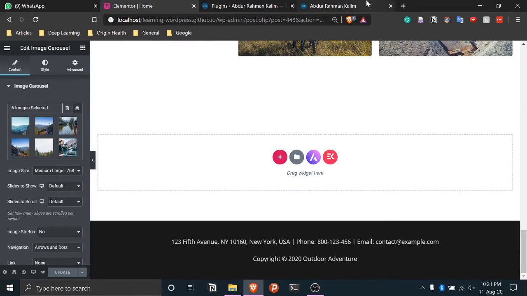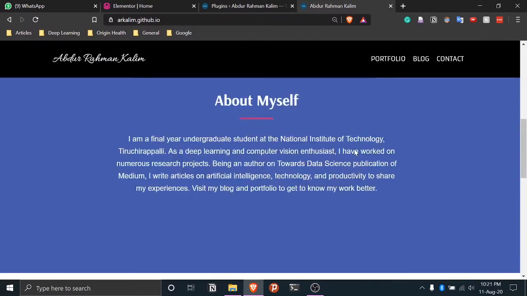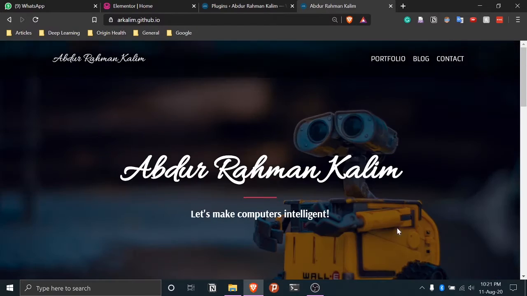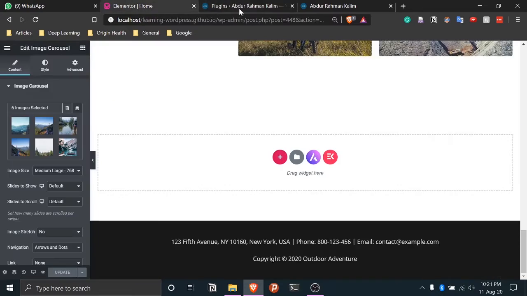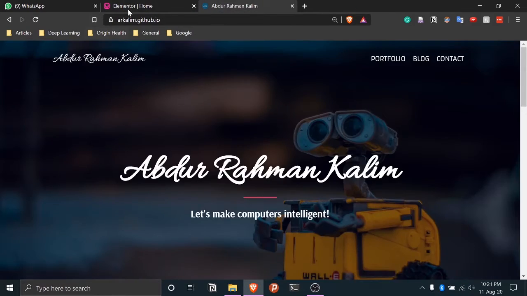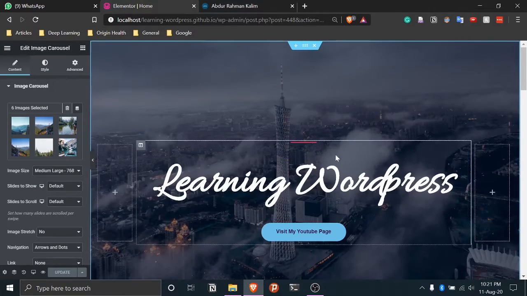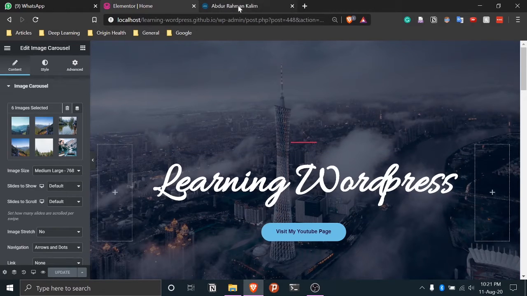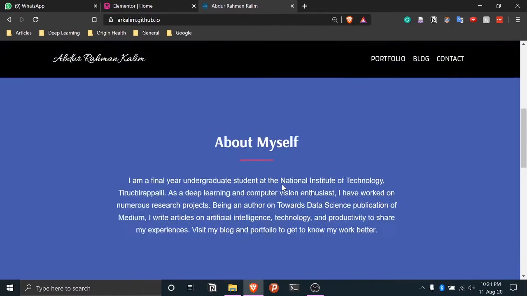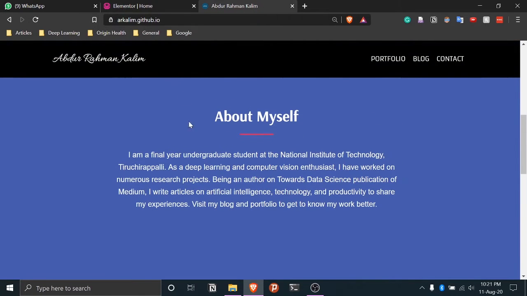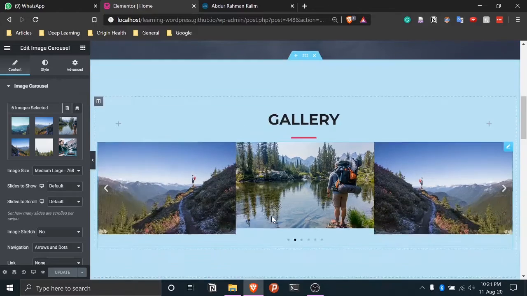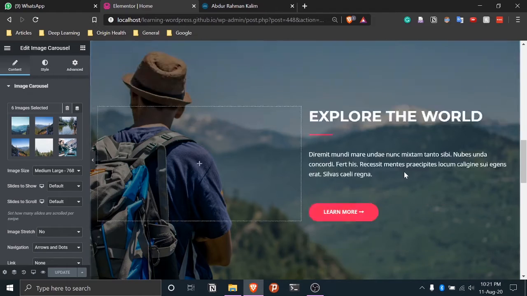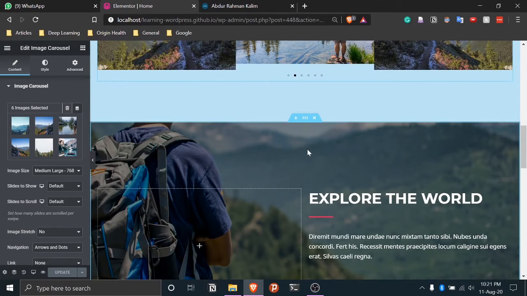And so let's do one thing. Let me try and recreate my own website from scratch. So we currently have this website, and let's say we want to create a website which looks somewhat like mine. So I have this about myself page, which here I've replaced with gallery. That is okay. Let's say here this page I want to replace it with about me.